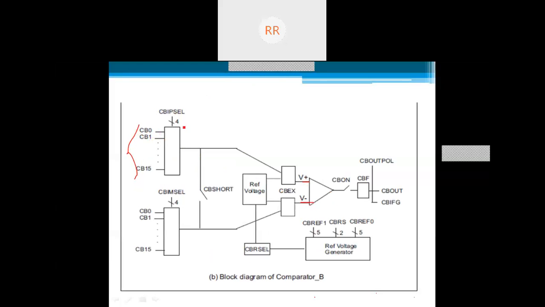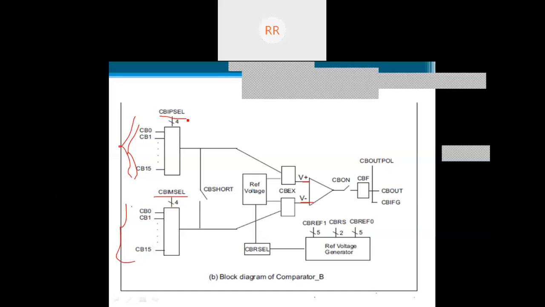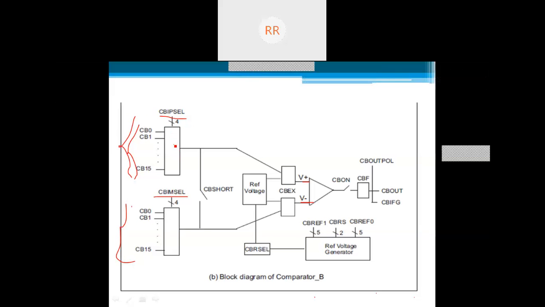For the V plus voltage input we have 16 lines here, and similarly for the V minus input also 16 lines, CB0 to CB15. Any one of the input lines is selected by a multiplexer. These two are the multiplexers which will select any one of CB0 to CB15, and that is given to the next stage.